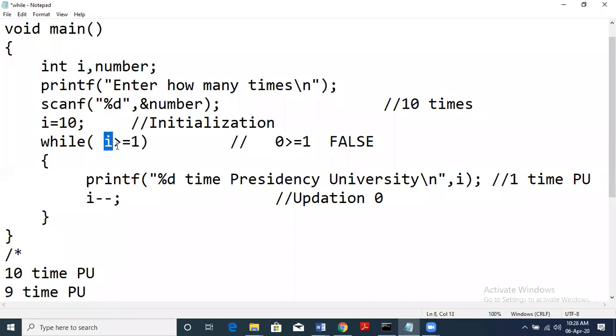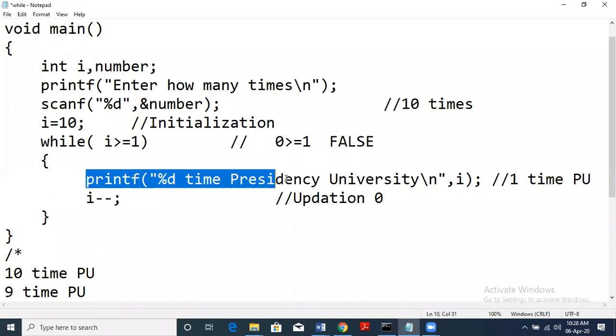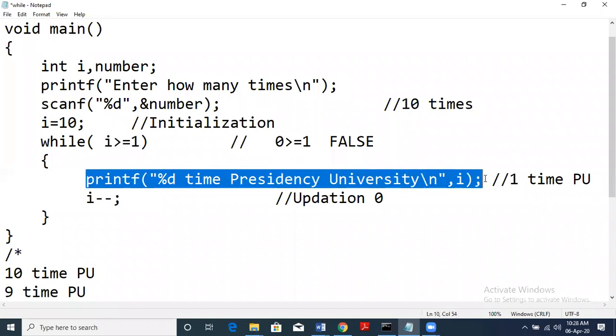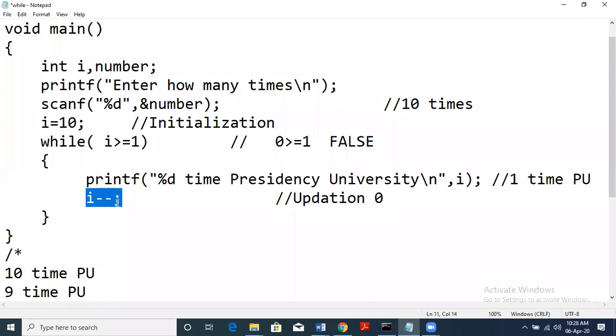We check the condition i >= 1 and print whatever we want to execute multiple times. And then we have the updation, i--.